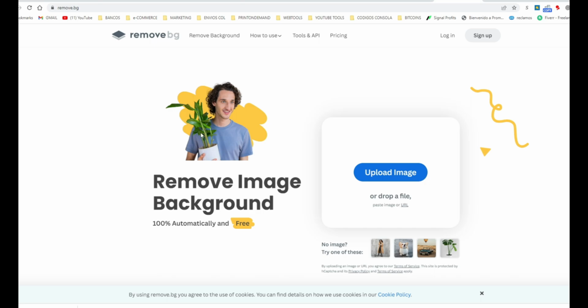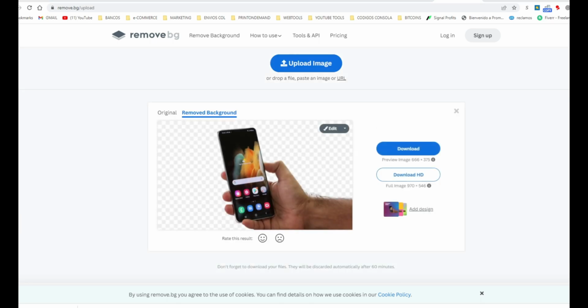We previously have an image right here we're gonna use for a product. We have this image, and we want to use this image right here with the hand and the cell phone. We have to promote a product for this, an accessory or case for this phone. Okay, so we want to use this picture, just this picture. You go to upload image and you look for the image right here, double click,